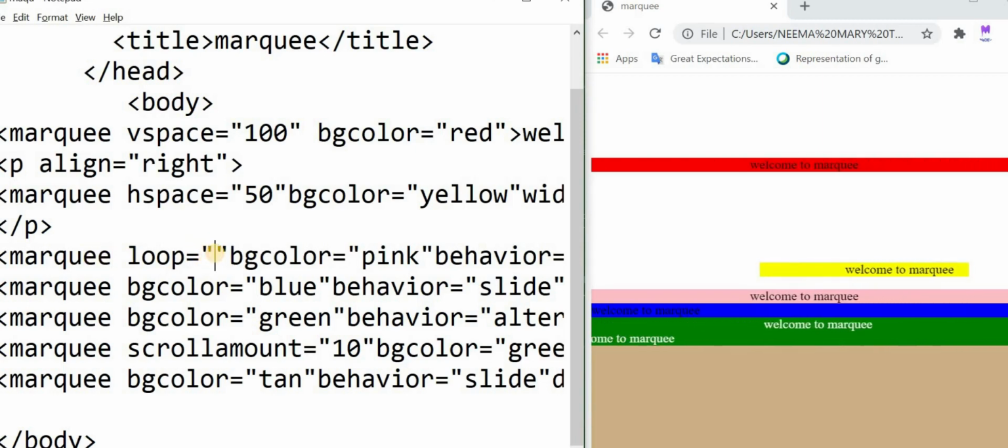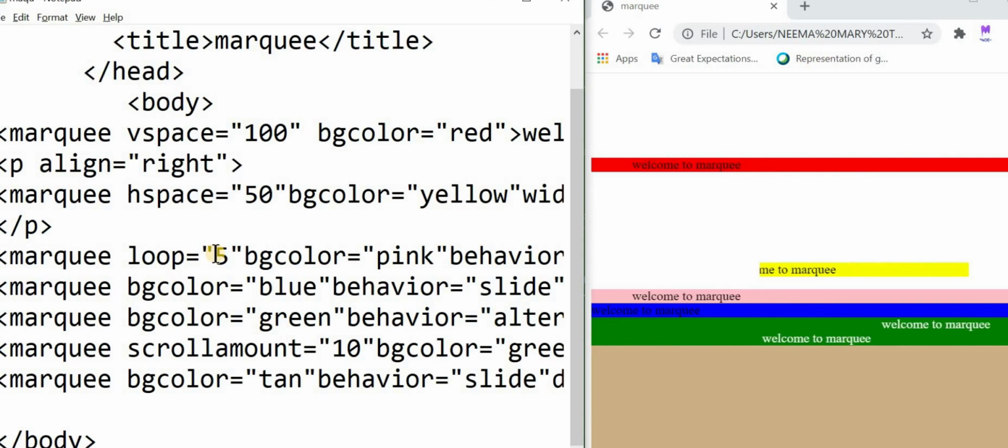Let's see. Save that, and now you can see that it is going continuously. It is going, again it's coming, it's not stopping. Let us refresh.